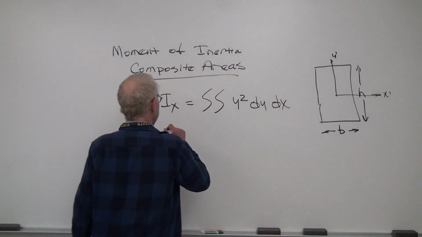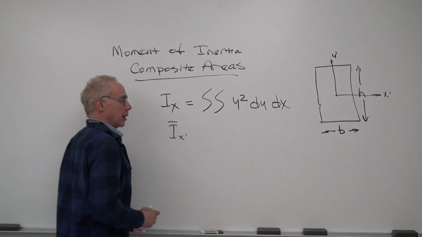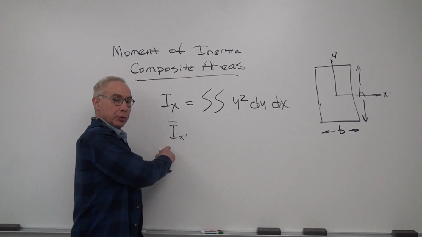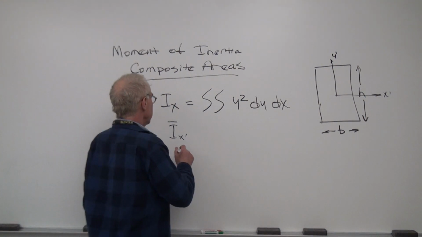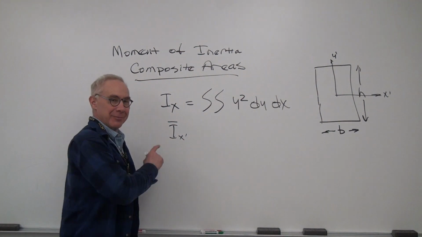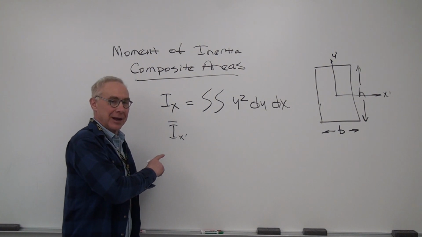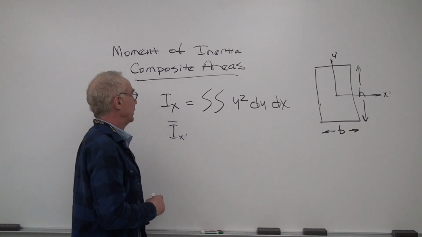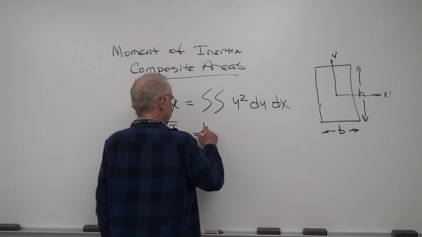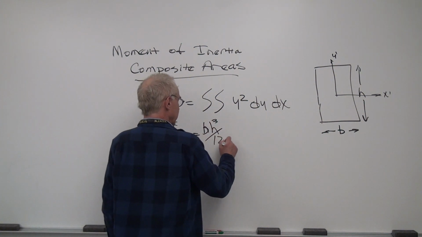If that's the case, then Ix, and typically we'll put a bar over it, which means that's the moment of inertia for an axis that goes through the centroid of the rectangle, and that'll be equal to b h cubed over